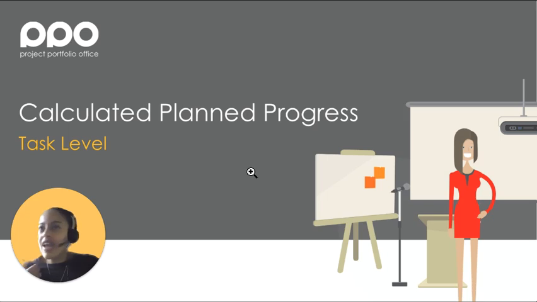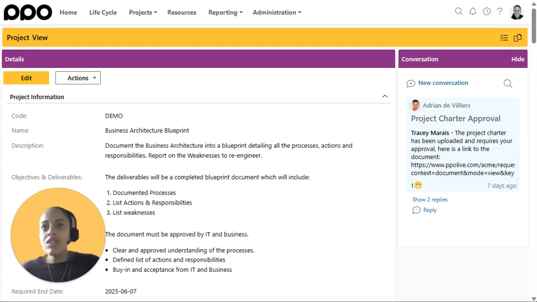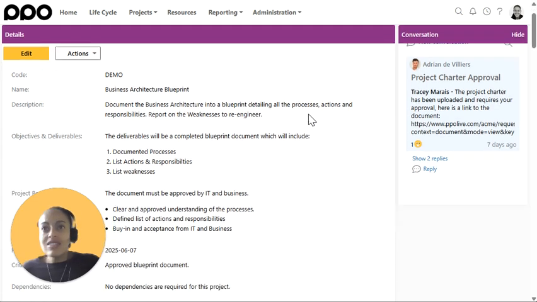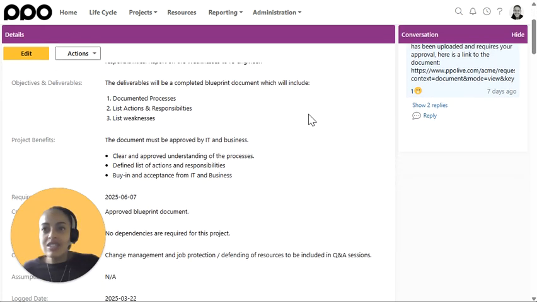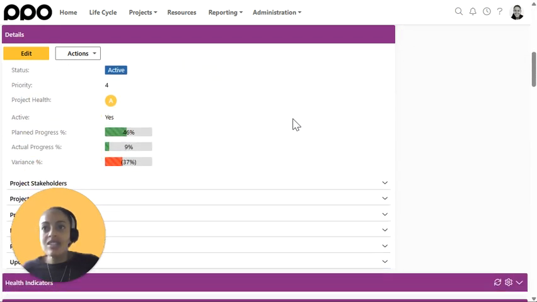Without this metric, actual progress is just a number. Knowing that a project is 50% complete is not as important as knowing that the project should have been 80% complete, as an example. So to demonstrate this, I'm going to show this to you via the before as well as the after. I'm going to use two instances to do that, starting with this first one, which represents what you used to have. As it stands today across all client instances, and what you've always had is the